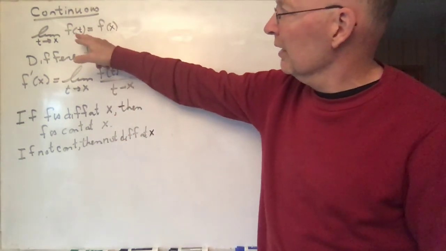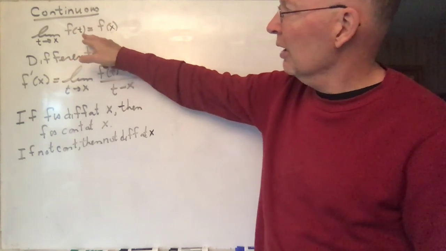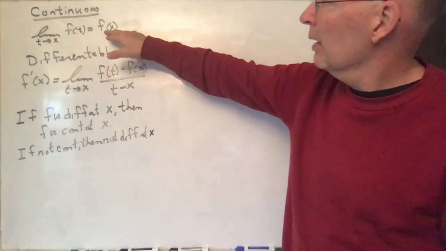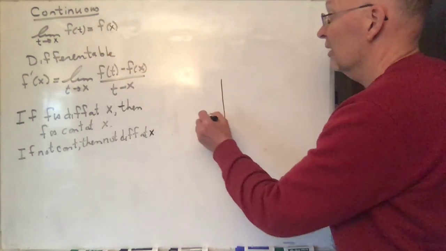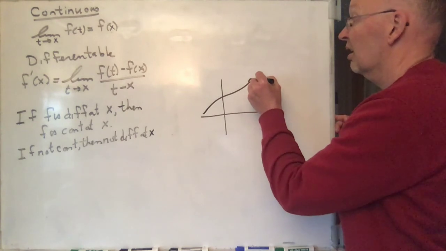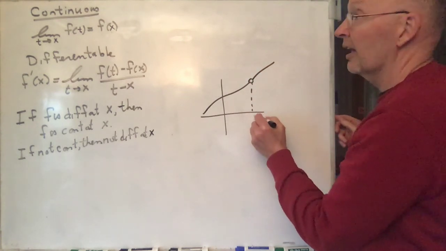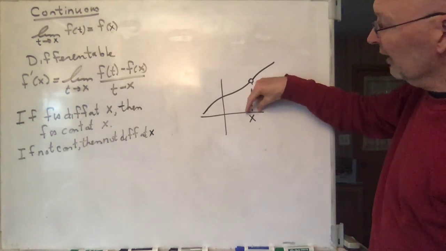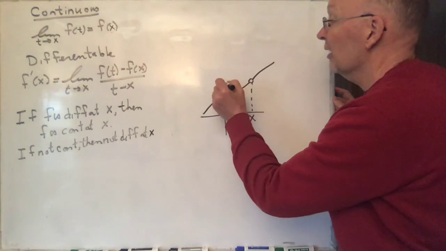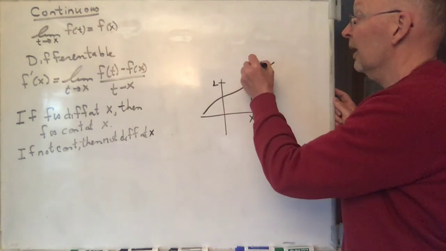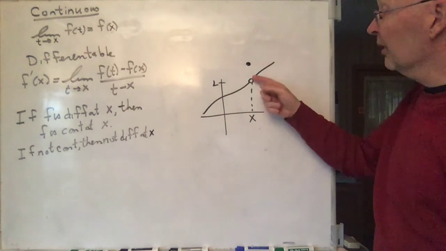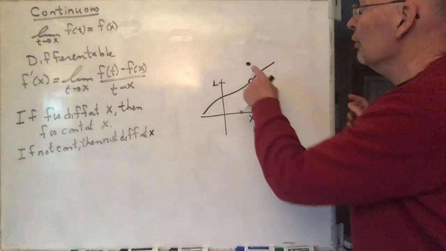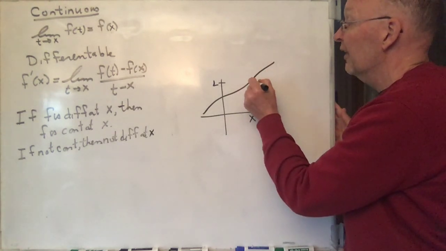So anyway, here, recall, is the definition for a function to be continuous. A function is continuous if whatever the limit is for a particular function at a point, here's the point x right there. Recall that as you approach x, this right here is the limit, and the value of the function might be up there. There's nothing that says that the limit has to be equal to the value, but if indeed they are the same, if indeed the value of the function is equal to the limit, then it's said to be